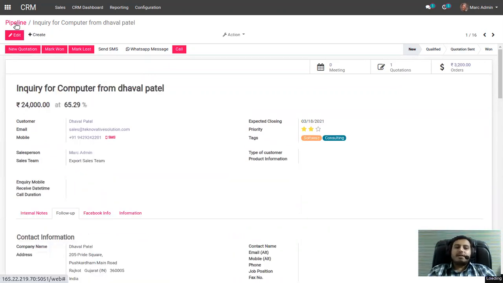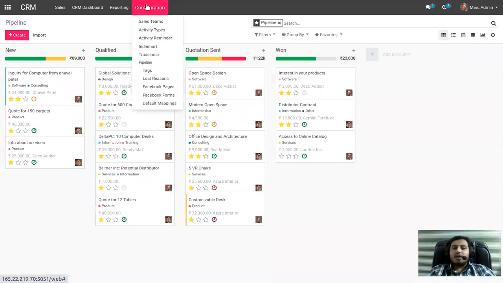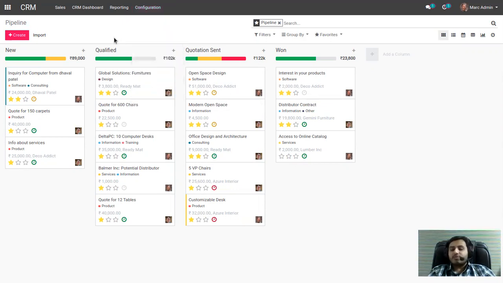If you are investing in many marketing mediums like Facebook, IndiaMART, TradeIndia, website, and Google campaigns, all the leads generated from these platforms will be automatically integrated and fetched in the system. Technomed CRM is already integrated with IndiaMART, TradeIndia, Just Dial, Facebook, and Instagram. So all the leads generated will automatically come into this Technomed CRM. It will help you manage all your leads from all your marketing platforms on a single screen, right?